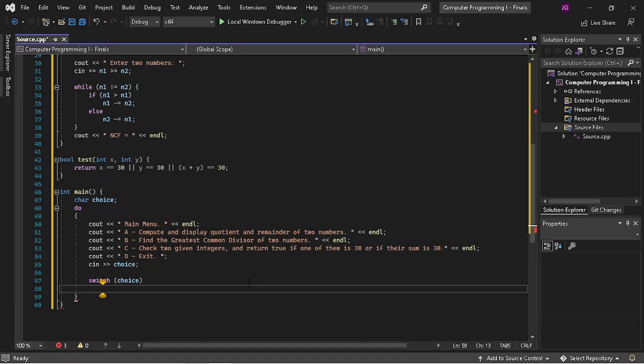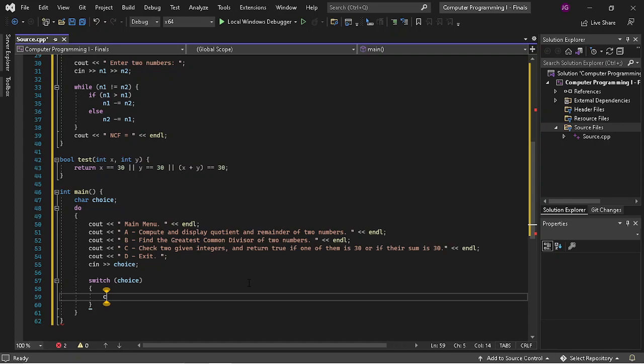Choice, and then here we will put a bracket, and then the next thing that you need to know is after that, here we will put our codes that we've said earlier. So next we will put case A, which is basically our first question,